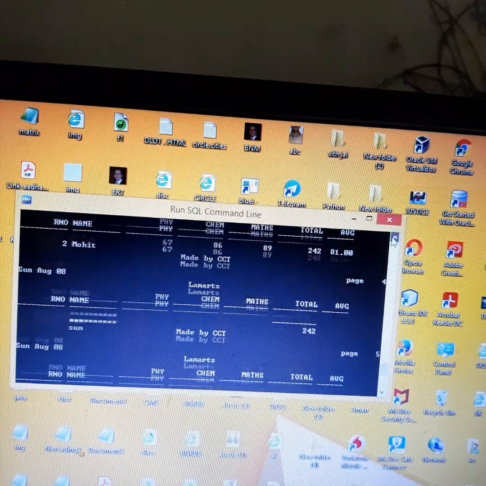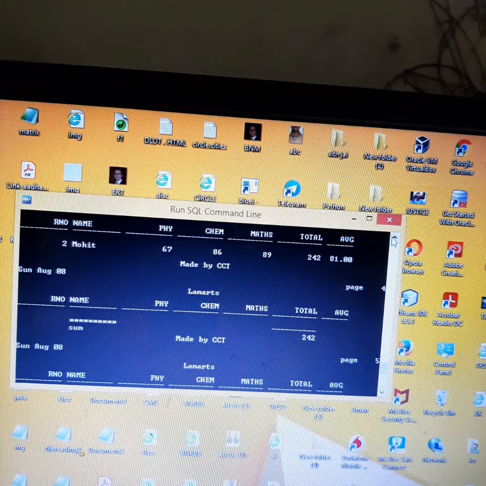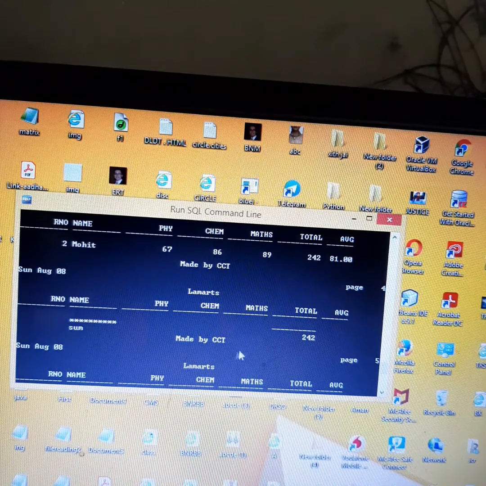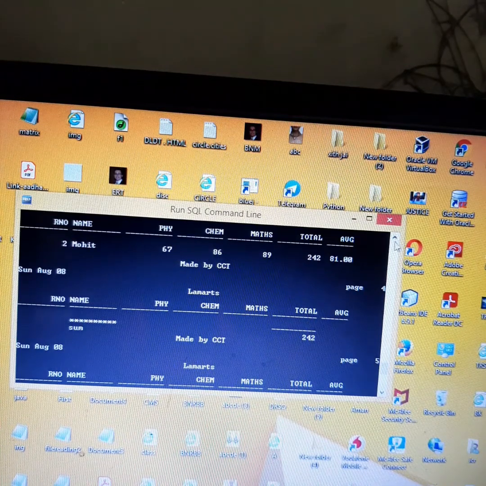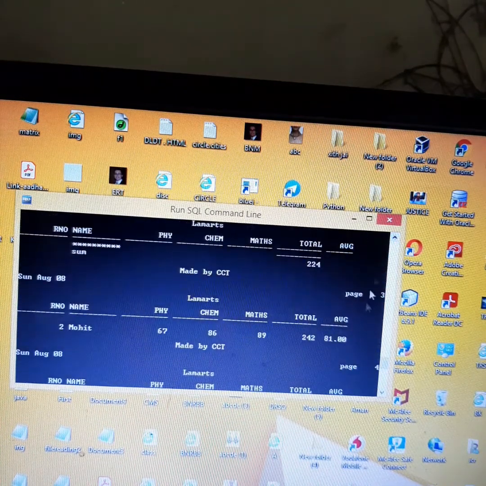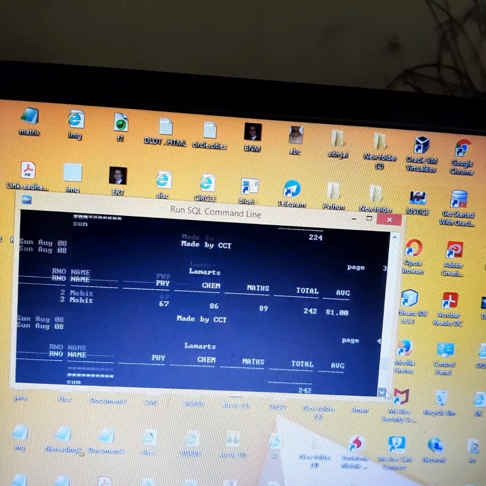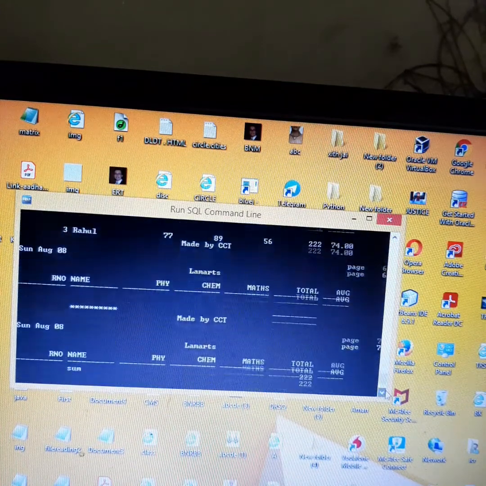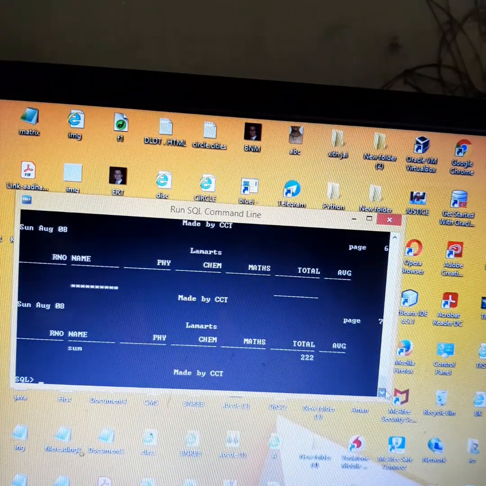Skip 2 means it is leaving 2 rows, like after showing Mohit it is leaving one more row for Rohit and showing the sum of the total. Here it will not be as clear because it's a scholar table. If it had been salary or something like that, belonging to the same department, with 2-3 employees, you could have seen a better output.